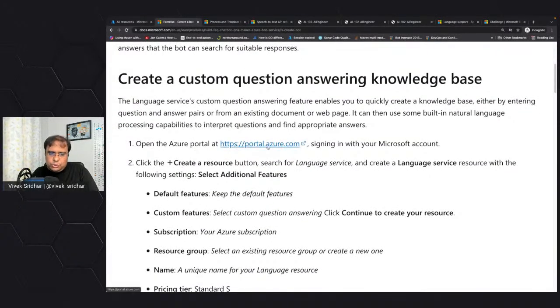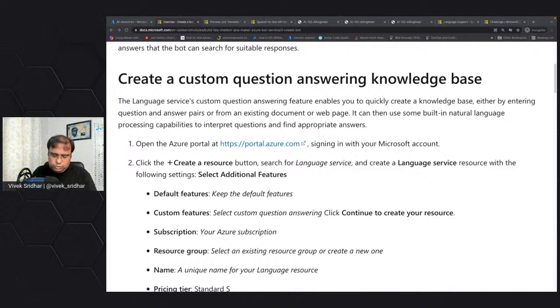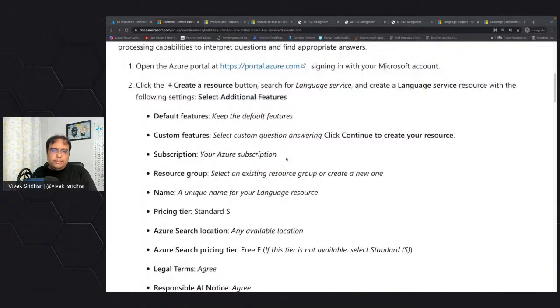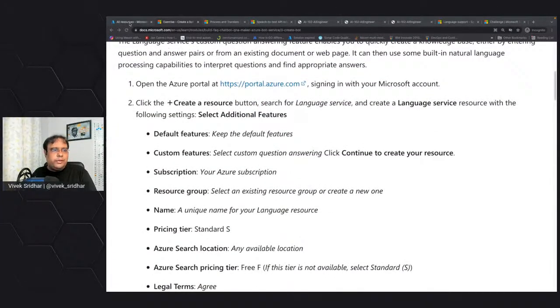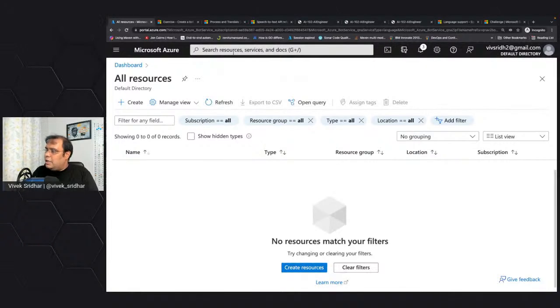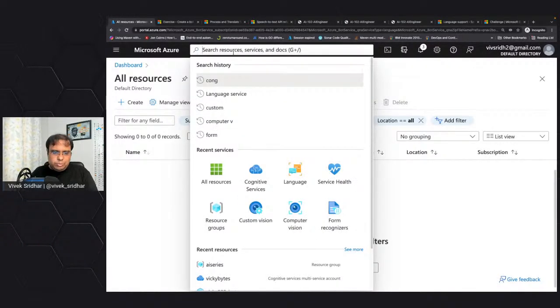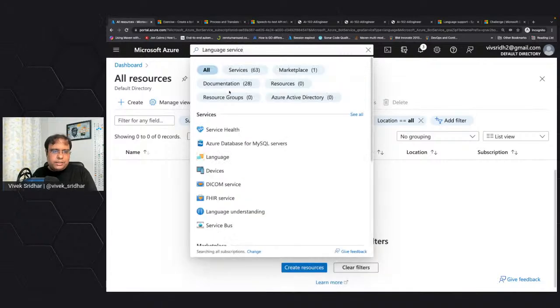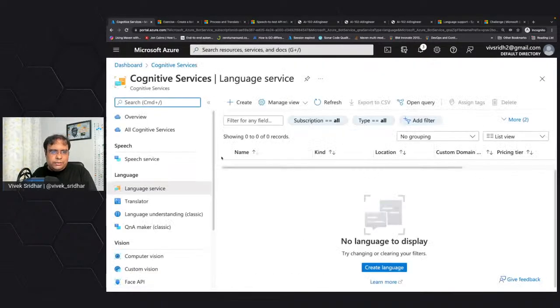The first thing to do is to go to your portal. Let me open this up. Let me copy this, and let me open this up. Okay, so we will go to the portal and see how to get this up and running. We'll type in language service. I've already done that, so you can see language service is here. Create